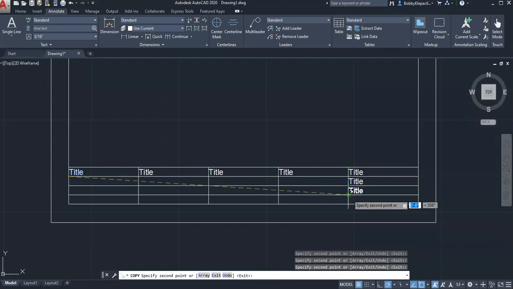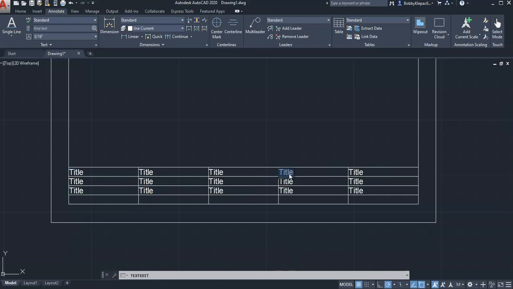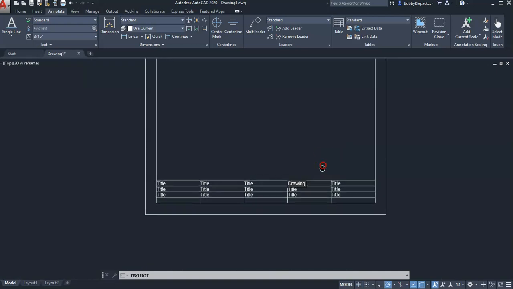I won't have to modify where I place it because they will all be symmetrical in the same spot. Then I can double click and edit it. I could put drawing, or whatever the text says on your actual sheet that you are creating from the title